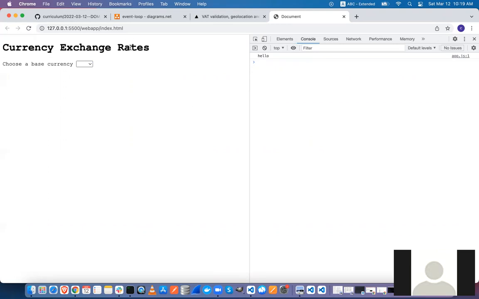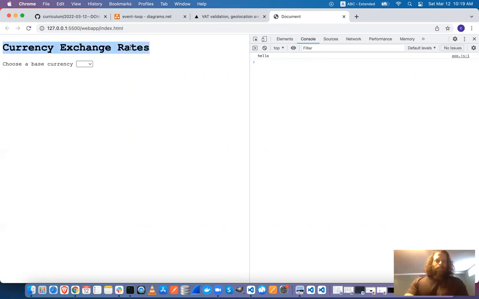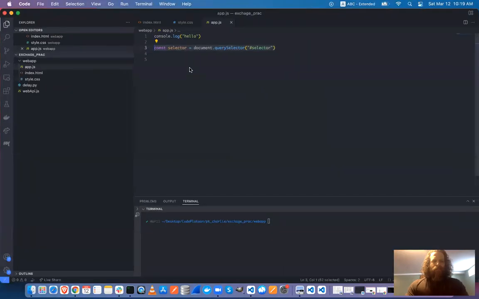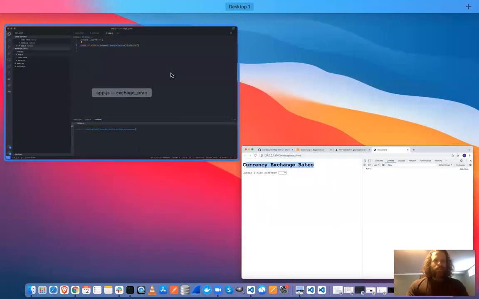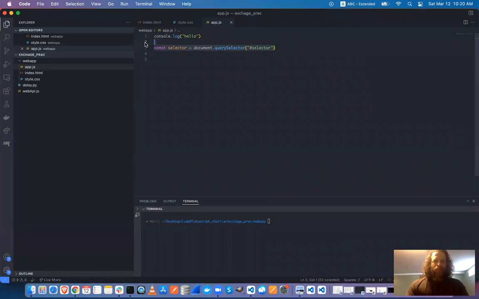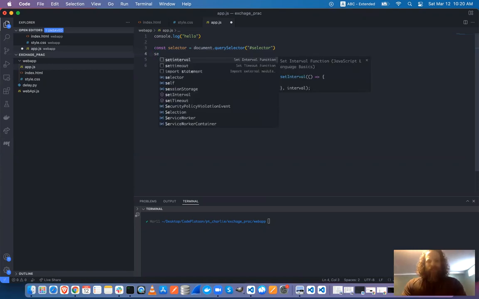Okay. You don't have to be an expert, but the basic pattern is I will grab something and then do something with it. So first step, grab whatever you want, in this case that drop down menu, and then we're going to add an event listener. So selector